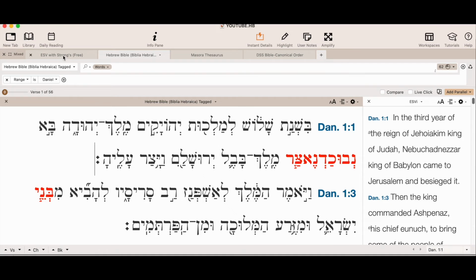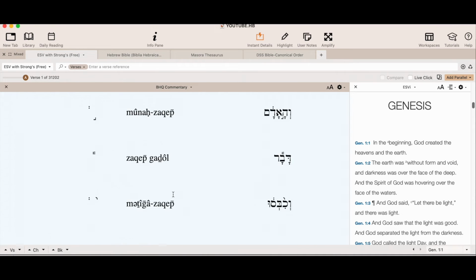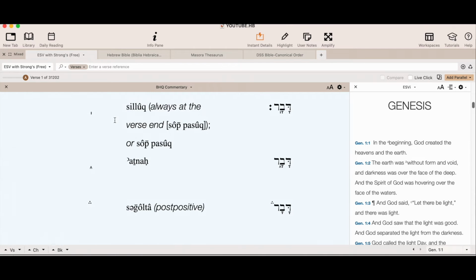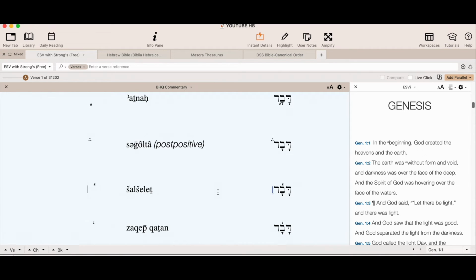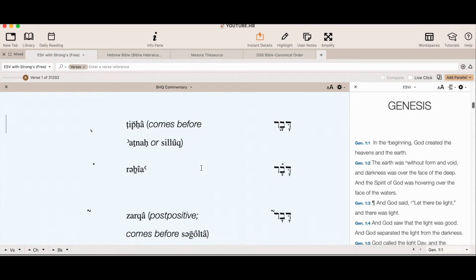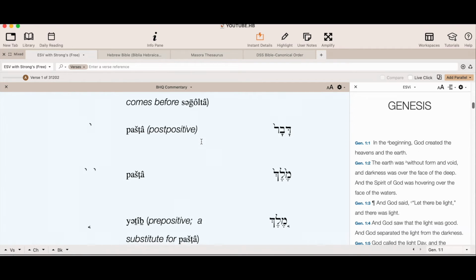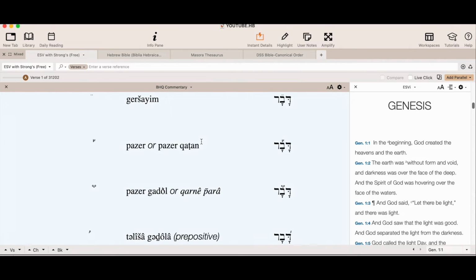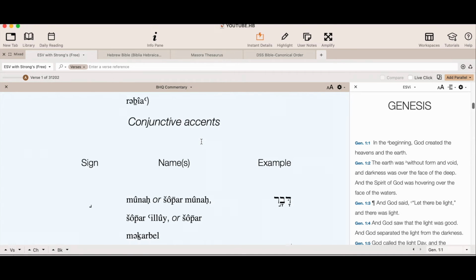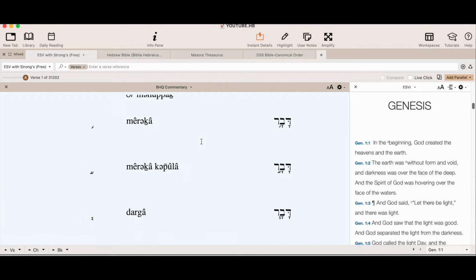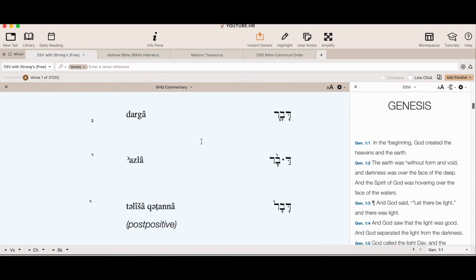All right, so now let's go back and look at the accents. We've seen the siluk before, at the end of the verse. We've seen the atnach at the halfway point. We've seen the zakef katan before. We've seen the tifcha earlier. So we have a whole bunch of disjunctive accents that we've seen already. And so now we're going to go over to the conjunctive accents, and we've seen, of course, munach already. But here we get a new one, darga,